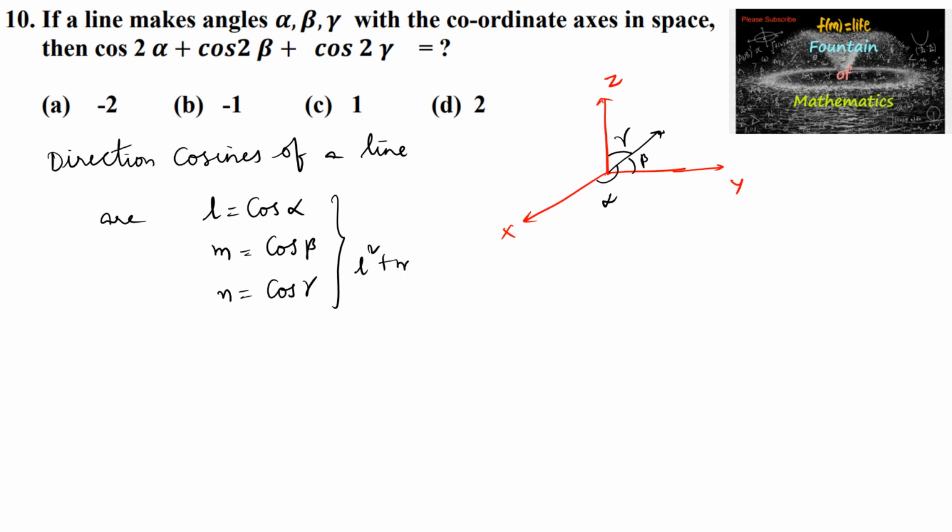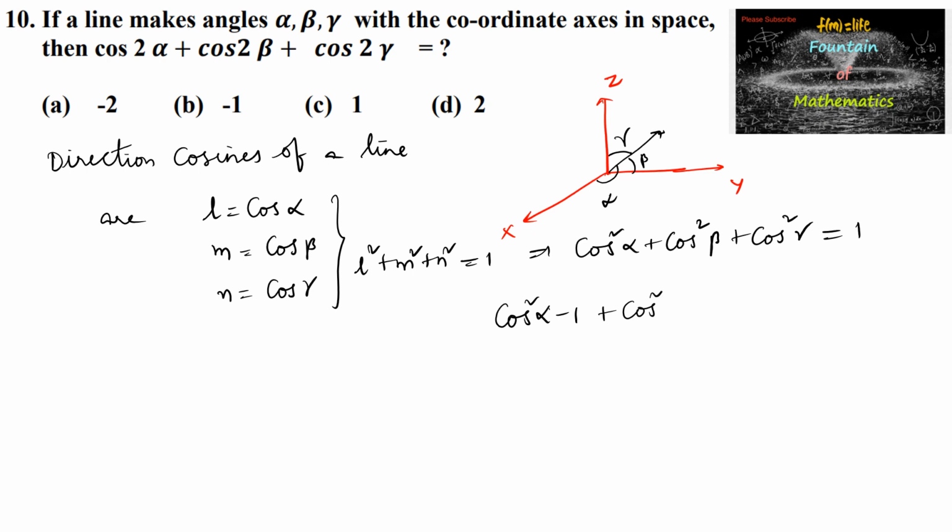So we have L square plus M square plus N square is equal to 1. That is, cos square alpha plus cos square beta plus cos square gamma is equal to 1. Subtracting 1 from each term, cos square alpha minus 1 plus cos square beta minus 1 plus cos square gamma minus 1 is equal to 1 minus 3. Or we can also write, let us leave cos square alpha plus cos square beta plus cos square gamma is equal to 1, and